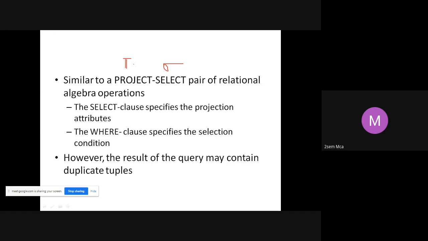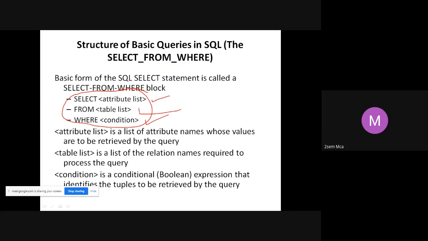If you are trying to map these two operators of relational algebra to SQL, the select will always represent the projection attributes. Select of SQL is equivalent to project of relational algebra.